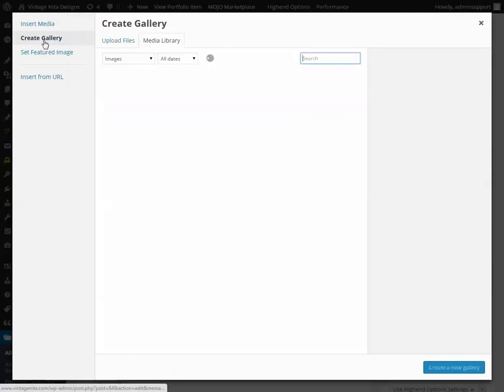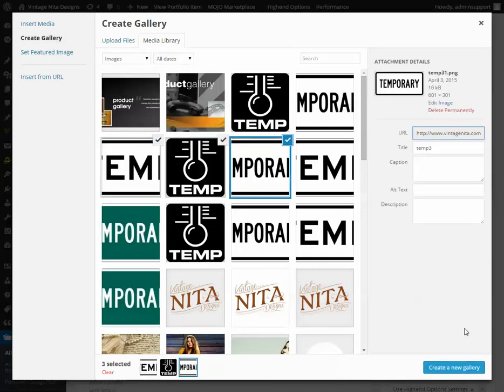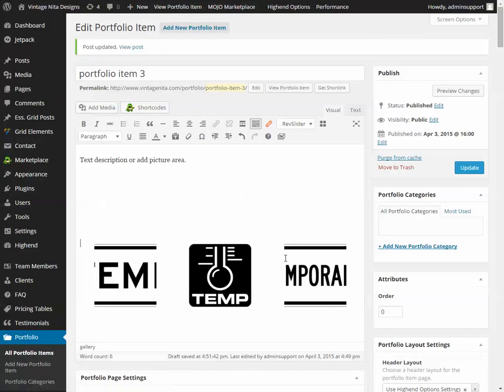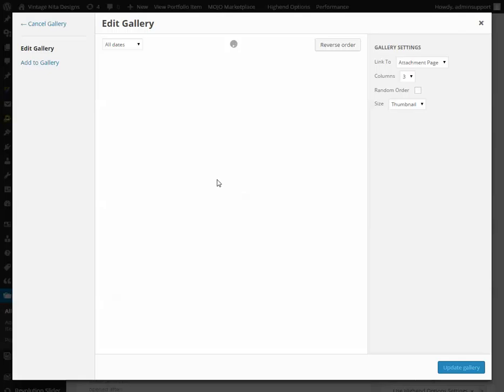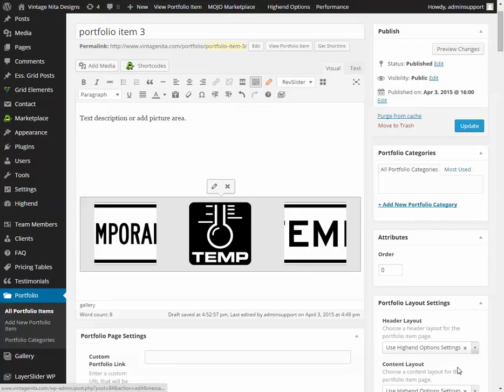You can also click on Create Gallery to create a gallery, a collection of pictures. I'll just put in a couple here. And size, thumbnail's good. Insert gallery. Now they'll just all be in a row. Now you won't be able to reorder these from here. You have to click on the pencil. And once you're on Edit Gallery, then you can reorder them by clicking and dragging. If we hit Update,